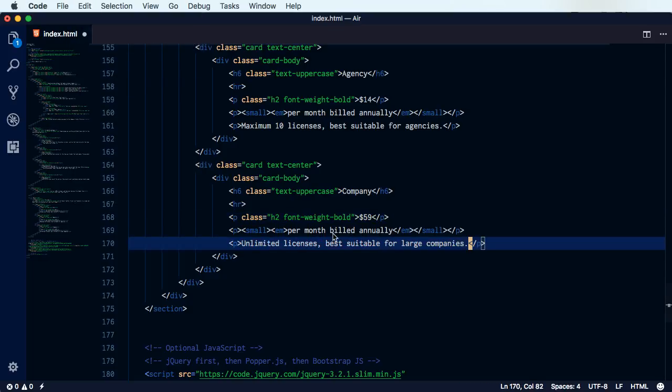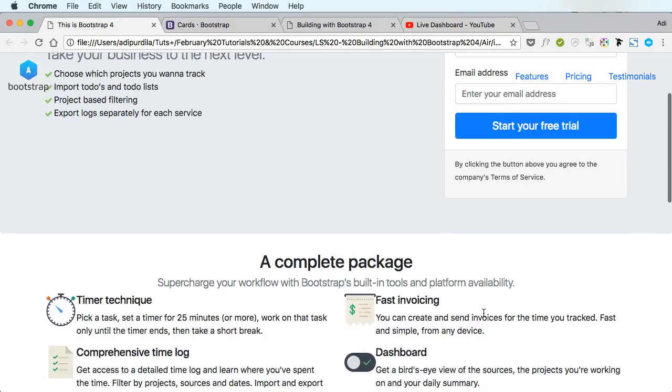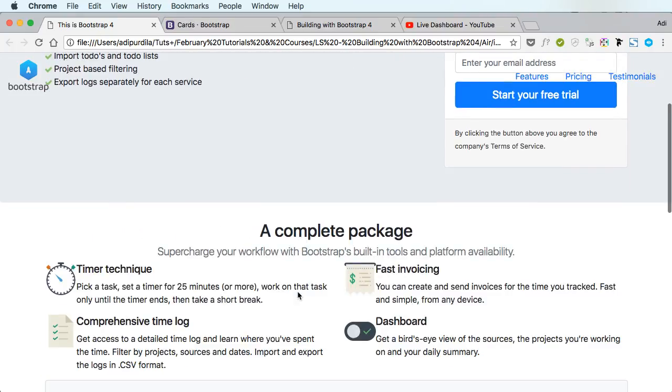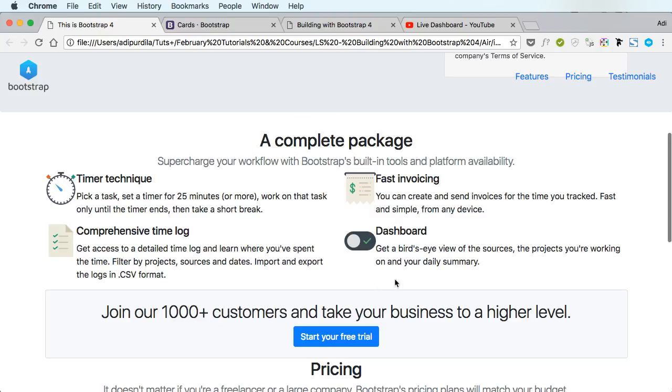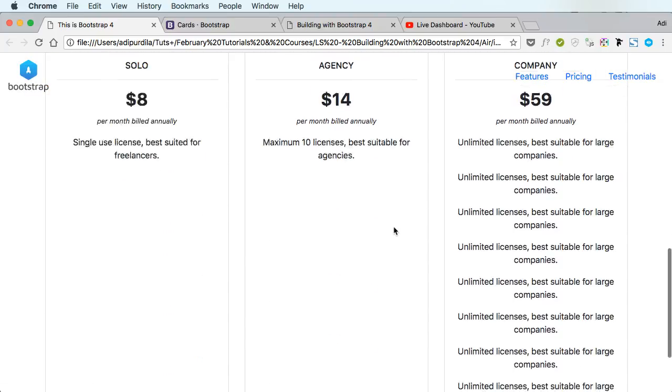And let's actually redo this bit. All right. So that was the pricing area. Now, this is the second section. Let's see what we have so far. Yeah, we have the navbar, we have the hero area done, we have the features, secondary call to action,